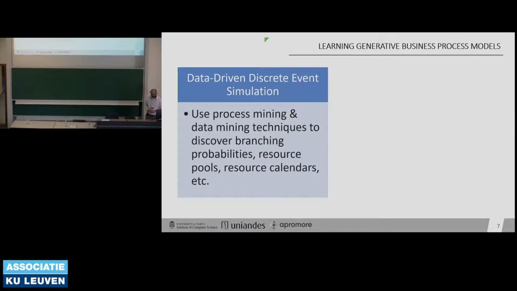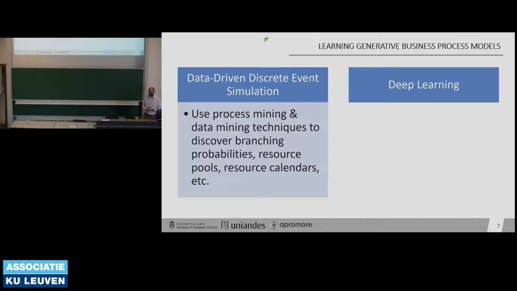families. The first one, which we will call data-driven simulation, is, let's say, a new version of a traditional approach. What we want to do is take process mining techniques and the event log and extract all the parameters of the simulation model. We will start with a BPMN model, then we will enhance this simulation model with probabilities, resources, and all the perspectives that we need for the model, right?